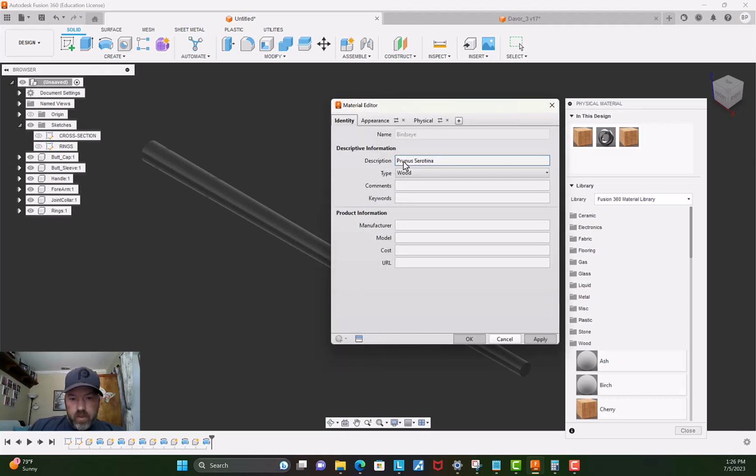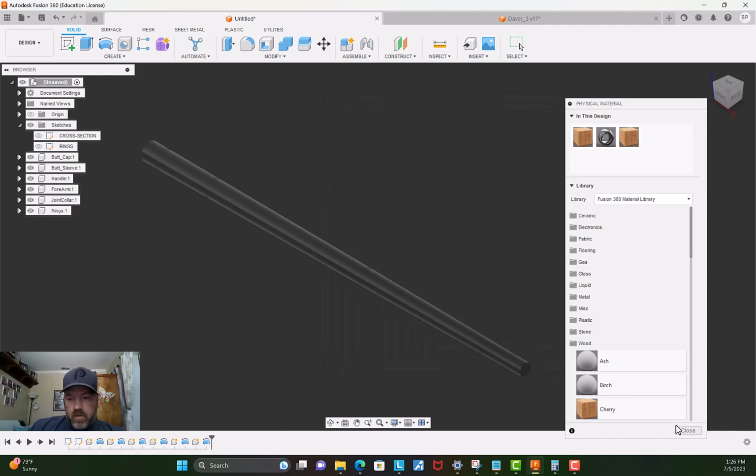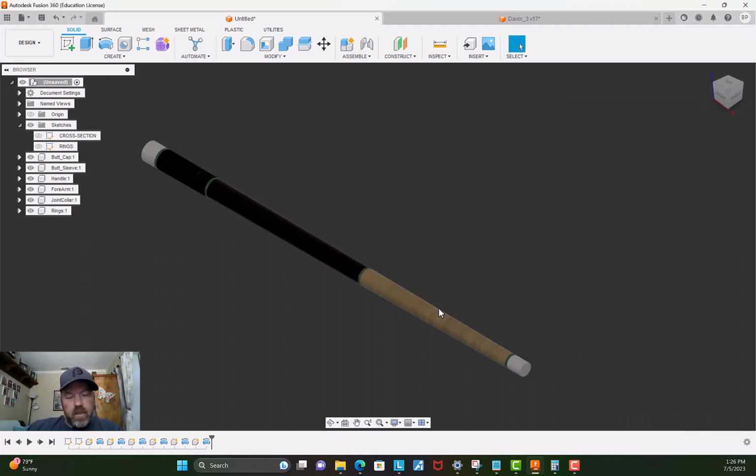I'm just going to change this here, hit apply, and then now my bird's eye I'm going to put here. As soon as I close back down this, it's going to put back my physical appearance back on there. So if I hit close, it'll go back here. But the cool thing about assigning the physical materials to this is now if I want to render a drawing from my design,